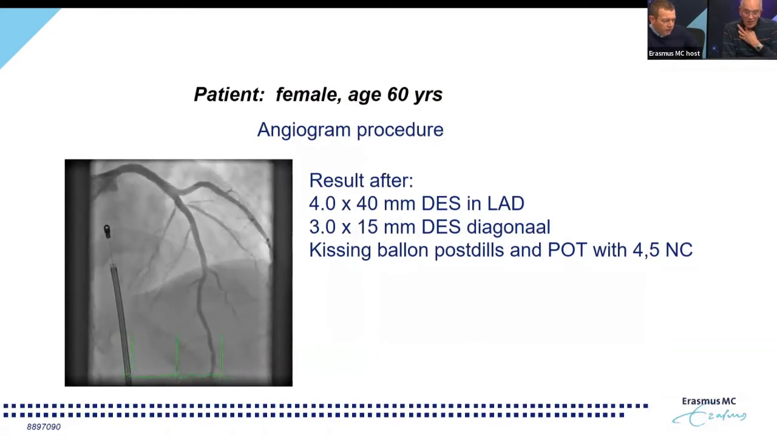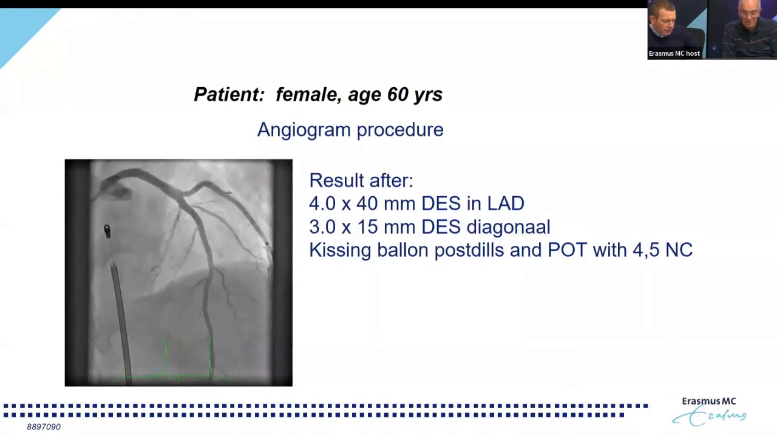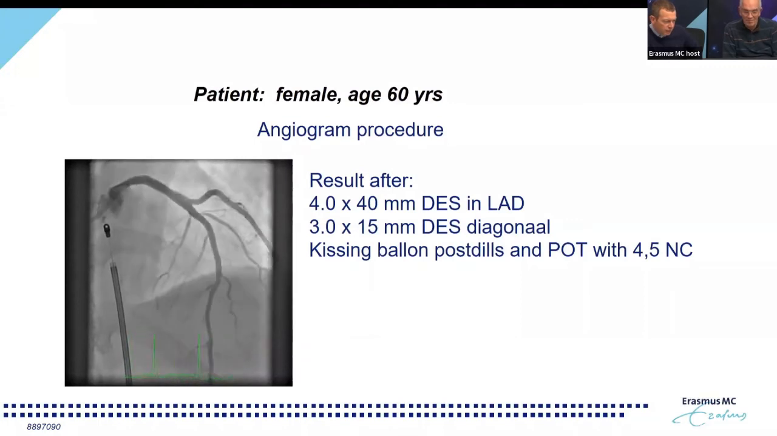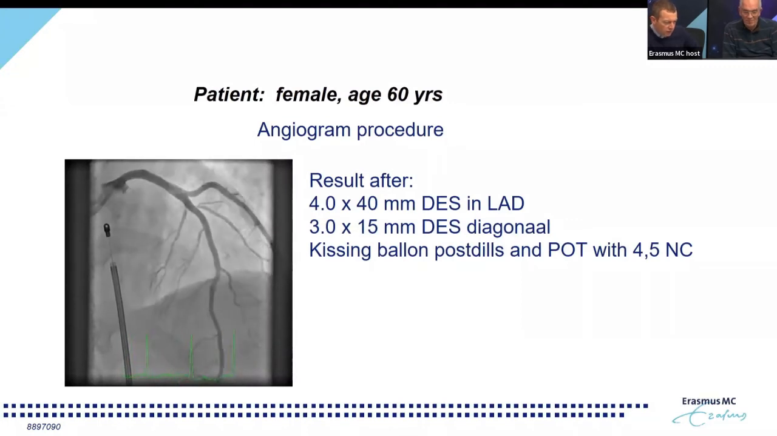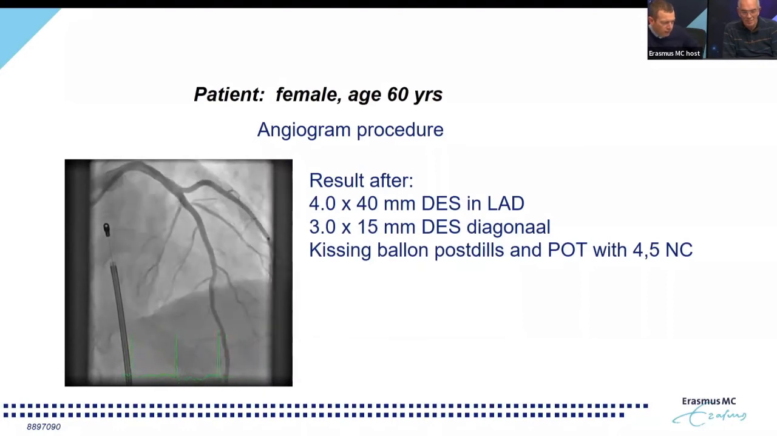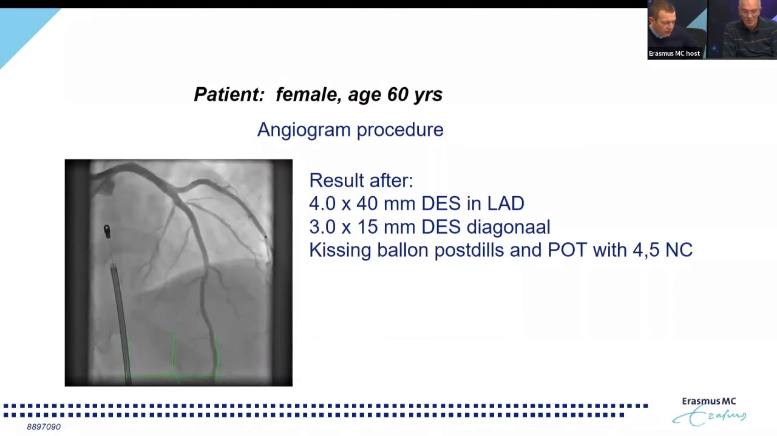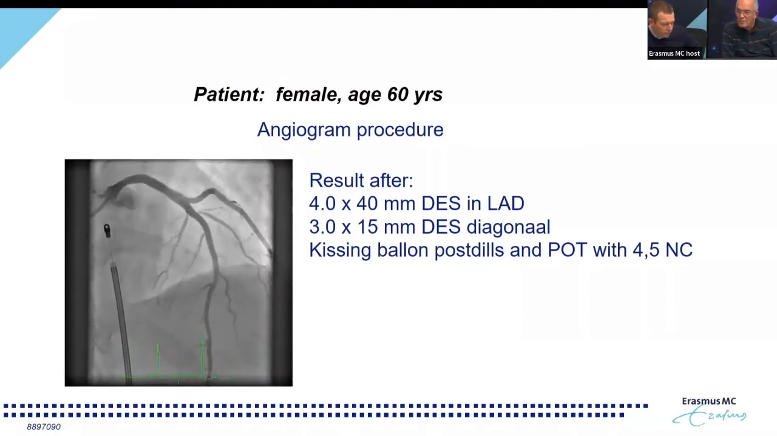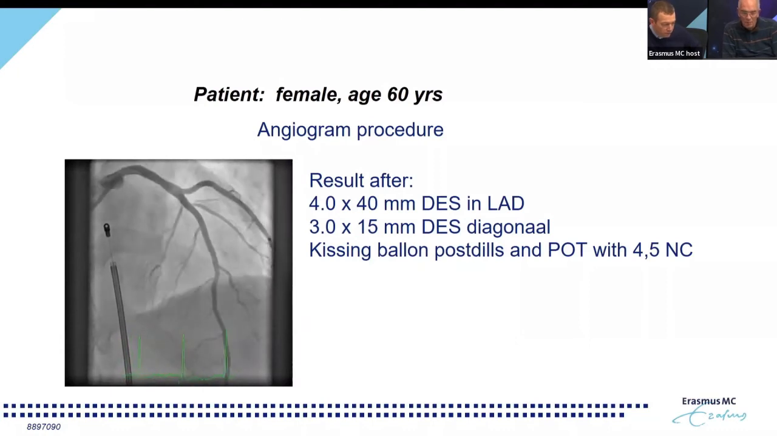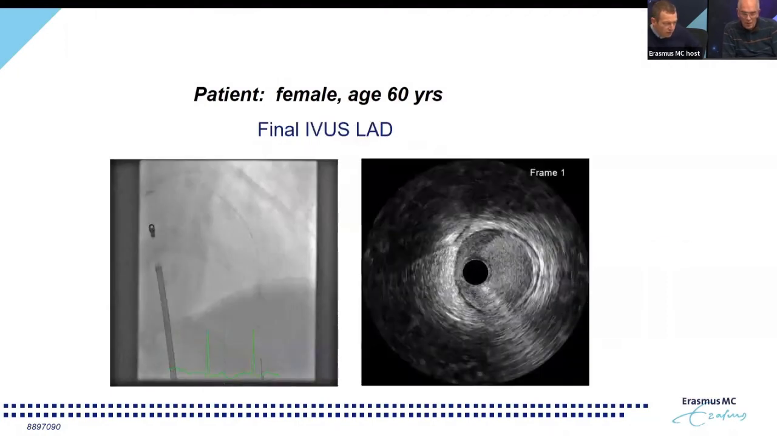Okay, so in this case, we continued with stenting this LAD. We took 2 long stents in order to cover the full hematoma, with the 4040 and a 3015 stent in the diagonal branch, kissing balloon, post dilatation spot with a 4-5 non-compliant balloon, and a very good angiographic result. We finalized here with an IVUS pullback, and what is interesting is that this nicely demonstrates, if we could play the IVUS here,